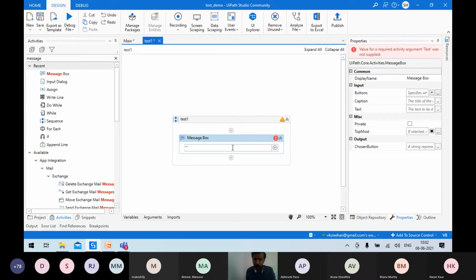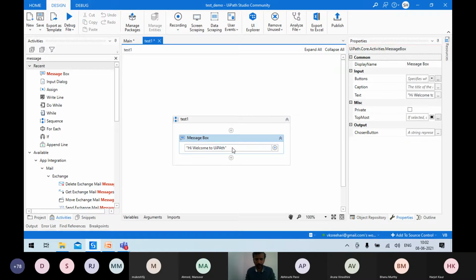You type whatever message you want to display within double quotes. Once you press double quote once, it will give you two double quotes. Now you can type the message: Hi, welcome to UiPath. Once that is done, press enter.